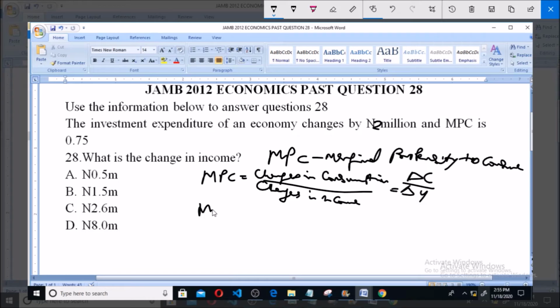So MPC is equal to... to get our change in income, our change in income is equal to 2 million naira times 0.75, which is equal to 1.5 million. Option B